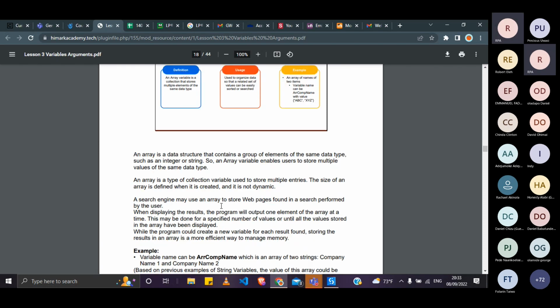But an array, okay, so an example of arrays now would be, let's say, storing the months of a year. So now we have 12 months and the names are all strings. So you can decide that okay, in our automation we want the names of the months to be stored in